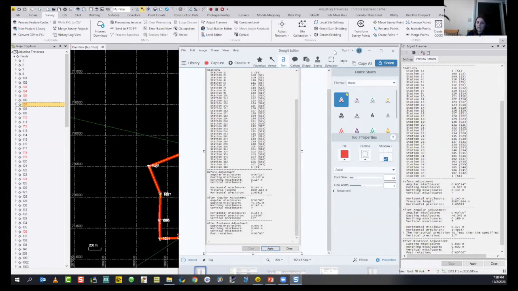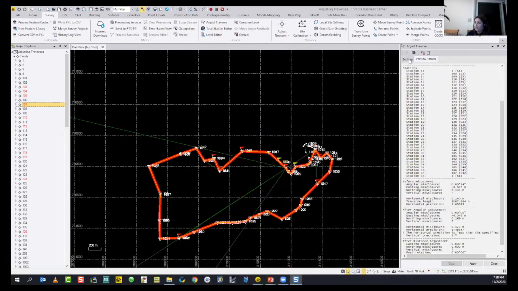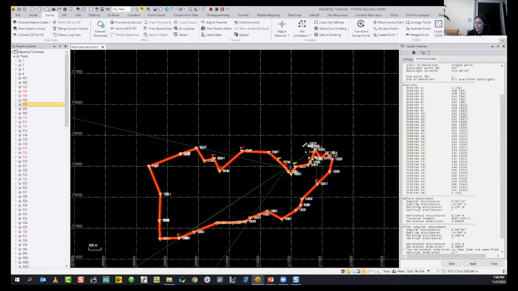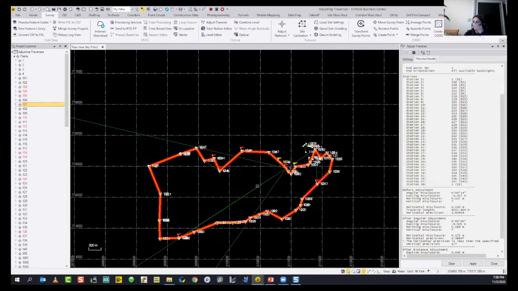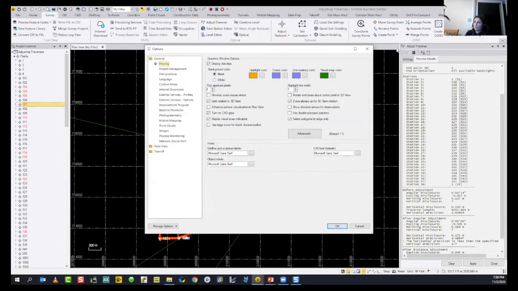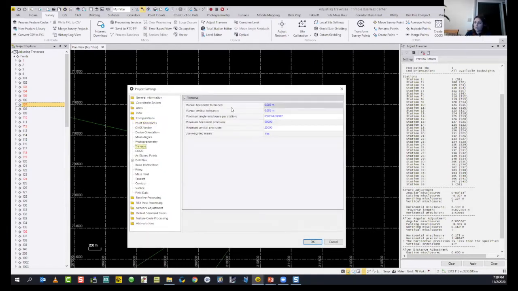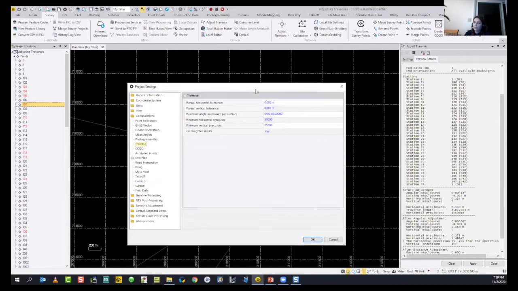There are different ways to make changes. So that was an example. So you can change settings, you can change the transit and apply it and display the results. And this is something that you need to decide at this point, because you know what errors and what tolerances you are interested in, and you can decide your point tolerances, you can decide your manual horizontal tolerances, you can increase or decrease these values and display the chains under adjusting traverse.